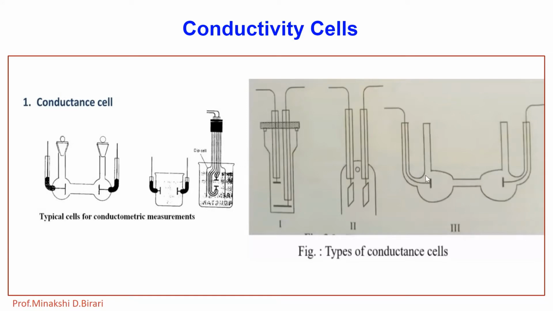For the measurement of resistance of a weakly conducting solution, it is desirable to use electrodes separated by a very small distance with a large cross-sectional area. This will reduce the resistance of the solution between the electrodes so that it can readily be measured. For a strongly conducting solution, electrodes well separated from one another and with a small cross-sectional area should be used.